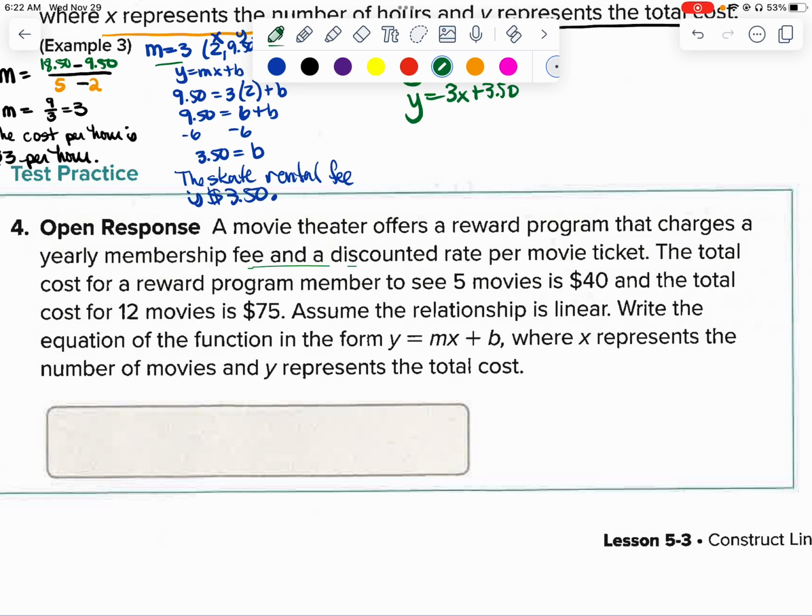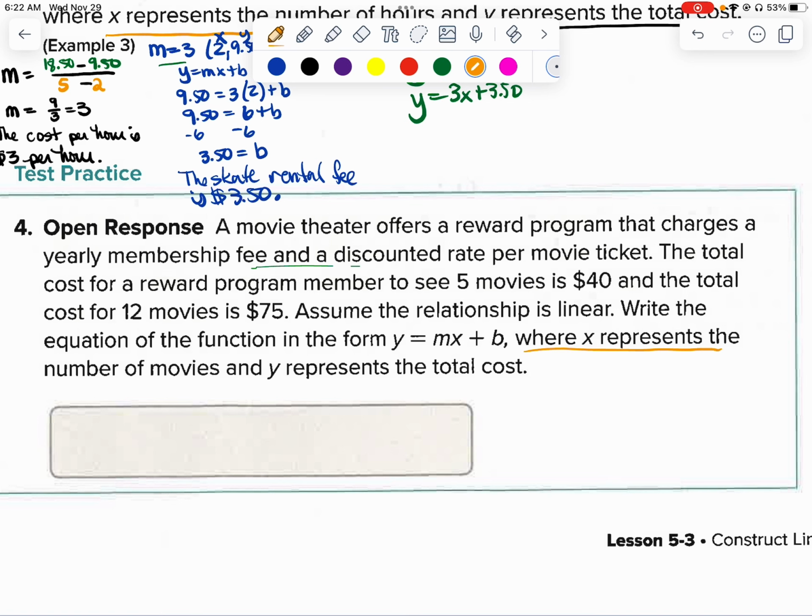Assume the relationship is linear. Write the equation of the function in the form y equals mx plus b. And it tells you right here where the x represents the number of movies. So movies are the x value, and y represents the total cost,